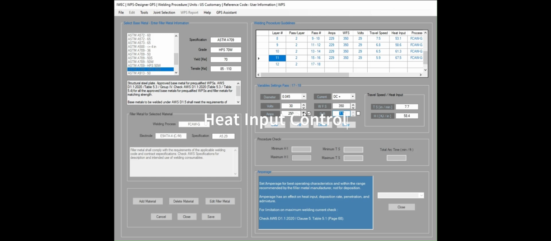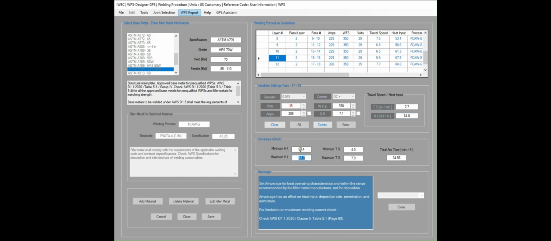Some project specifications put some restrictions on the heat input to control toughness and hardness of the heat-affected zone. In general, high heat input results in lower notch toughness, and low heat inputs may increase the hardness. The combination of welding variables to compute the heat input can produce values that don't exceed the required heat input, but it does not necessarily mean that the welds produced using these values will be sound, or that they are